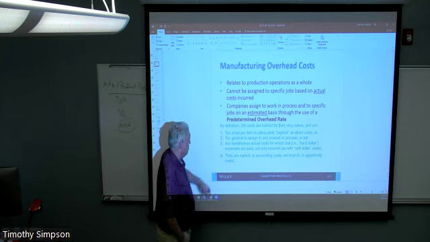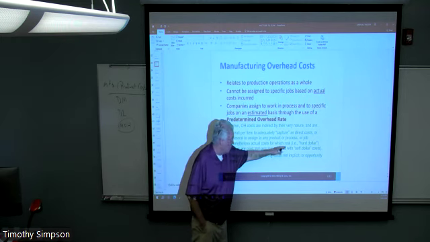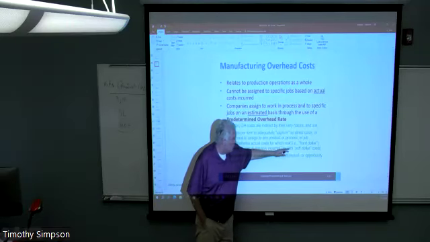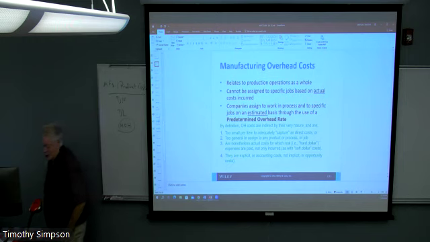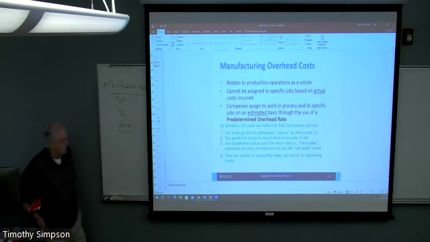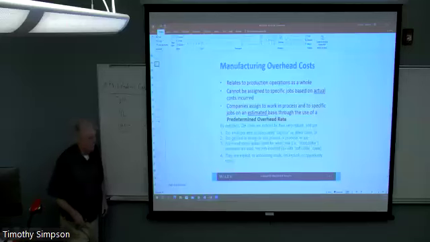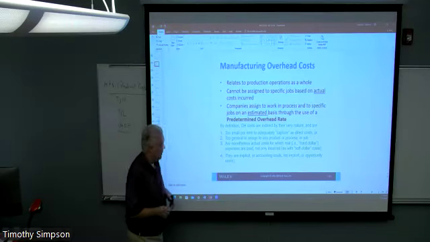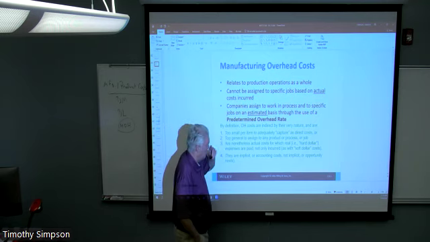But they are nonetheless what we would call real costs or hard dollar costs. These are actual expenses that are paid, not just incurred, as with what we would call soft dollar costs. And I don't want to spend a lot of time getting off into this distinction between soft dollar and hard dollar. Soft dollar costs is simply usually any kind of cost that's transferred from one department to another. Like we've done something for you, and so you're going to incur the cost of that. Maybe we've loaned you an employee, and so as a result, you're going to absorb their labor. It's all organizational in the end.